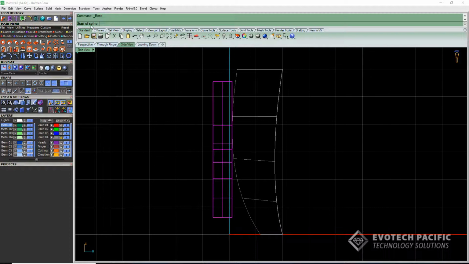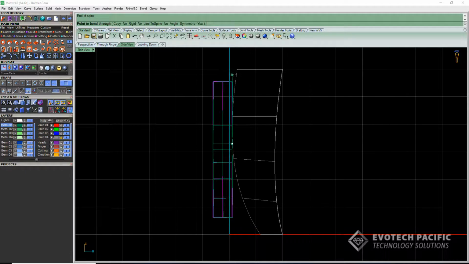Now the command line will ask for the start of the spine. Because we will want to bend the top and the bottom, we're going to start in the middle at the midpoint there, and then we're going to take this up and just take it a little bit beyond the piece itself. You can run into some trouble if you snap to the end point. So just hold down shift and go a little bit above and left click once,